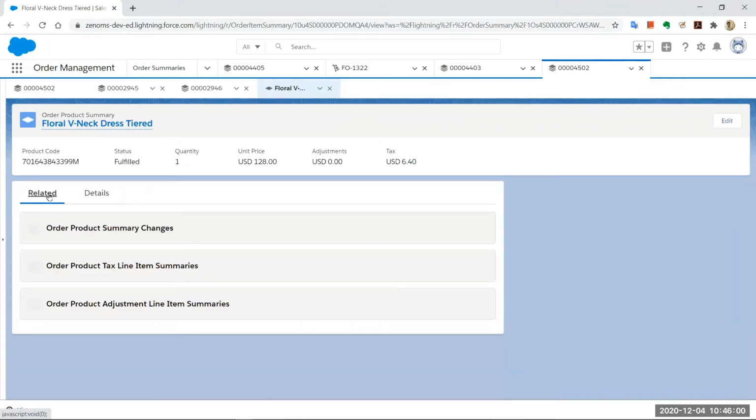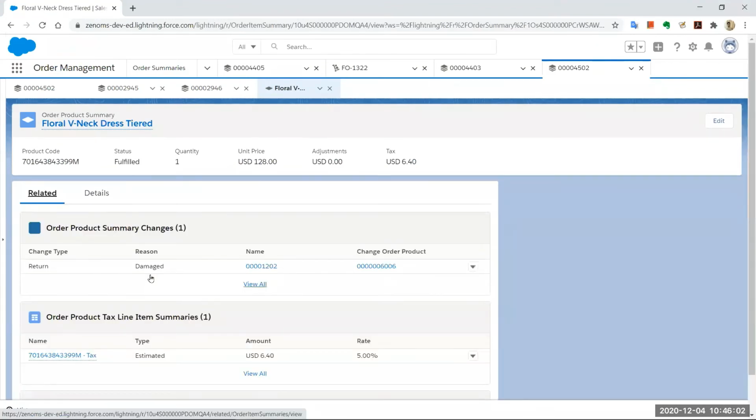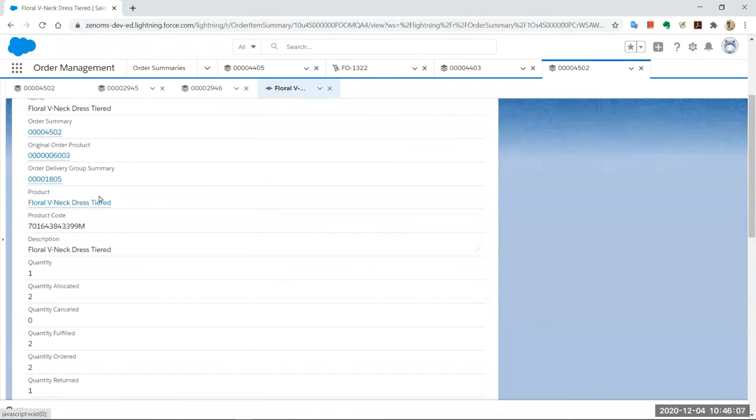They maintain a history of what all changes have happened to it, how many were returned. You even get details about what was initially allocated, how many were fulfilled, how many were ordered, how many got returned, right? So this is all controlled and done by the order management product.